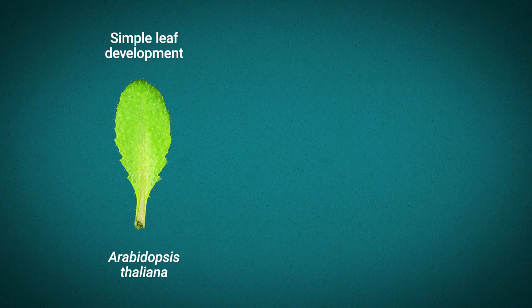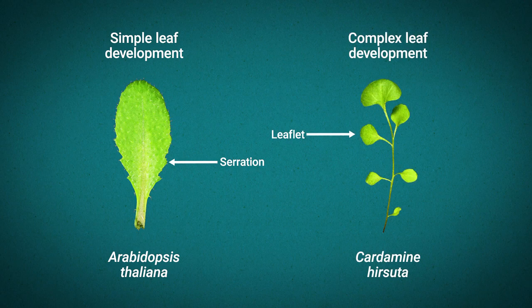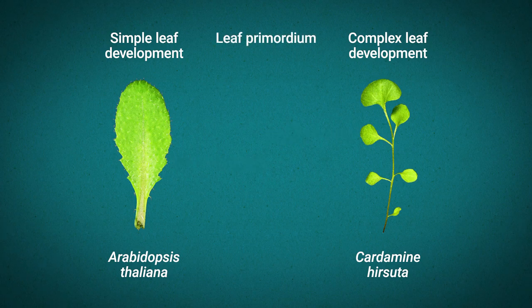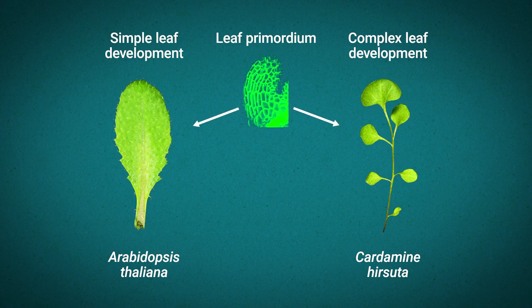Leaves can be simple in shape, as in Arabidopsis thaliana, which has leaves with small outgrowths called serrations, or complex and divided into distinct leaflets, as in closely related Cardamine hirsuta. Leaves in both of these species arise from small buds that are virtually indistinguishable, but these grow differently to create